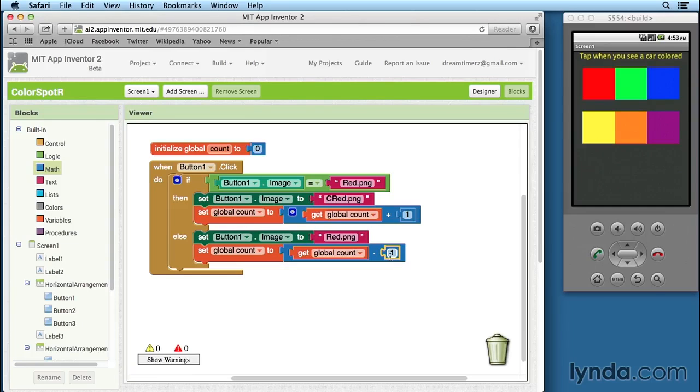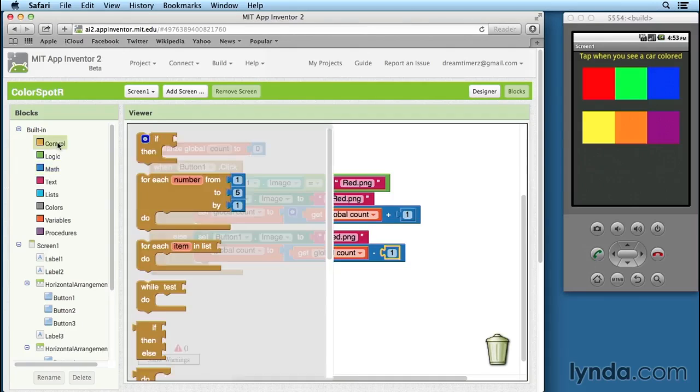All right, that's all the logic we need. So if we're solid, we can become dotted, and we add 1 to the count. If we're not solid, it means we're dotted, we set it back to solid, and we subtract 1 from the count. And then finally, we're going to do one more if statement to say, if the count's now 6, you win. So back to control,